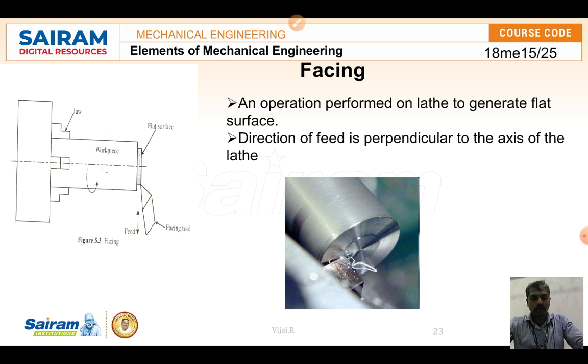And one more operation is the facing operation. Facing is just working on the face of the job. The face of the job may be irregular in shape when it comes as raw material. To make it a regular face, since we are going to measure from the face, that face should be perfectly machined first. To machine that, we use the operation called facing, which is used for making a flat surface on the cylindrical workpiece. The end surface face will be flat.